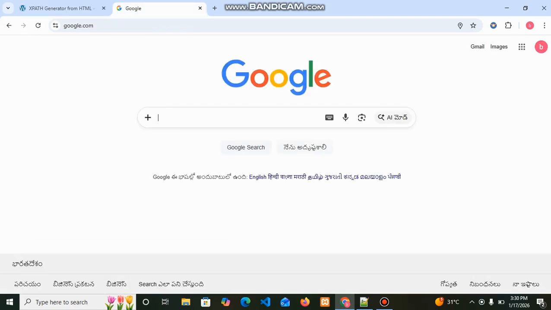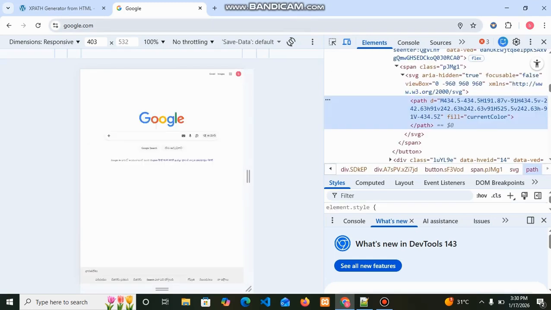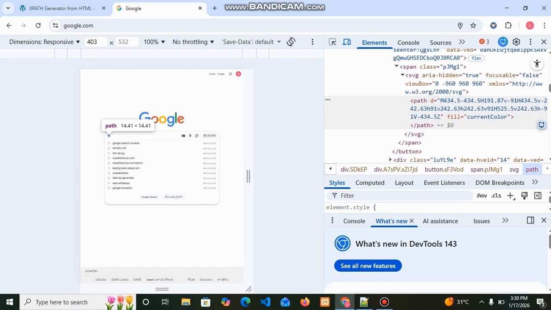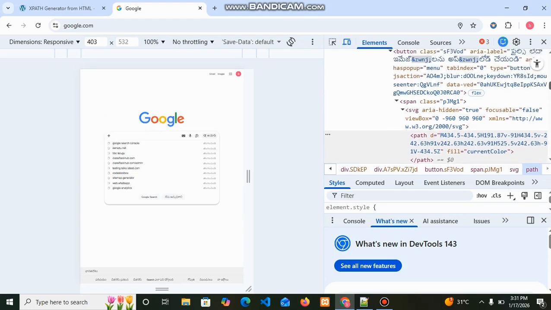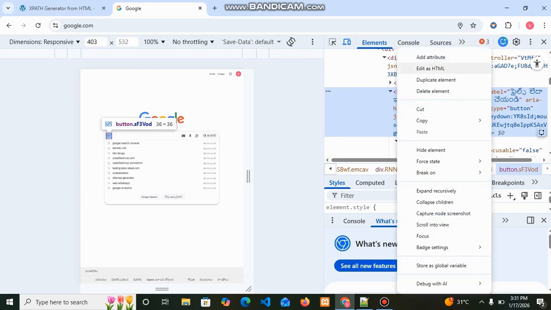And so we can find any kind of XPaths by copying HTML. So I just logged into google.com and try to find XPaths for this. We can find something with a unique attribute, that is better. So let me take this complete button which has classes. Let me copy this element and try to find the XPath for this.